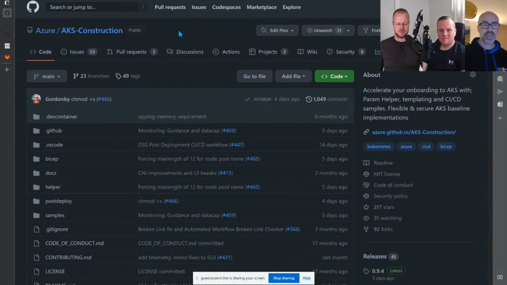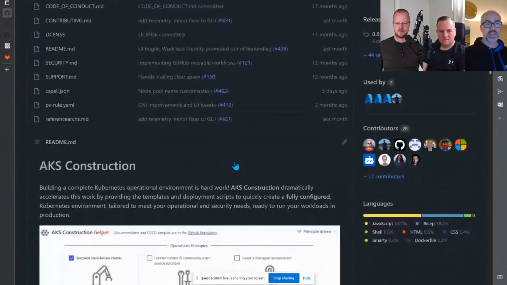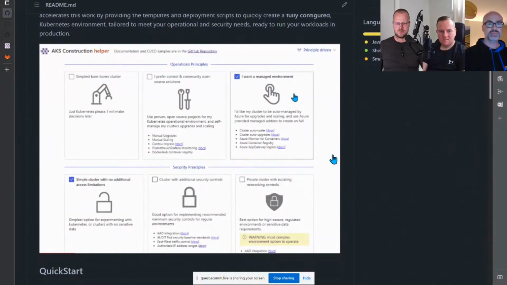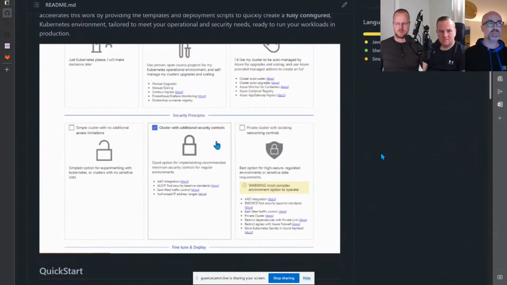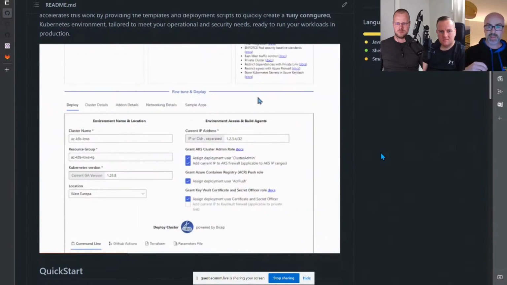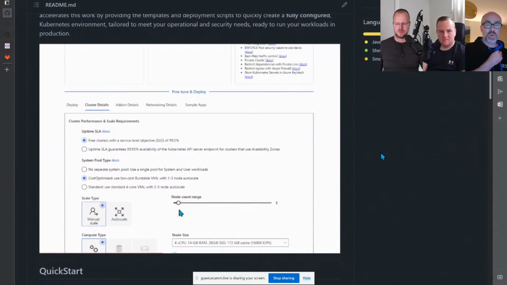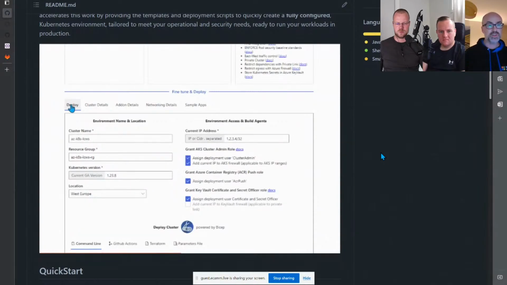And I mentioned the engineering rotations in my introduction. Keith was actually doing his rotation with the AKS team itself. So he was a product manager in the team, working with some of the most challenging AKS customers that we have, working on different feature ideas that were floating around in the team. And one of the things they were doing was trying to make things simpler, trying to figure out, when people are getting started with AKS, what stuff do they need to know about?